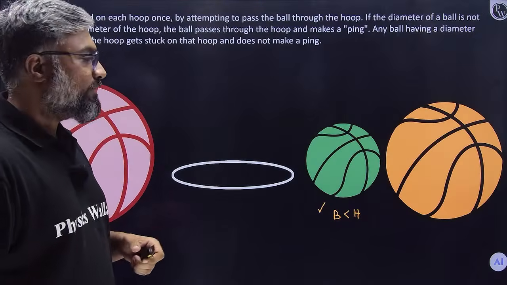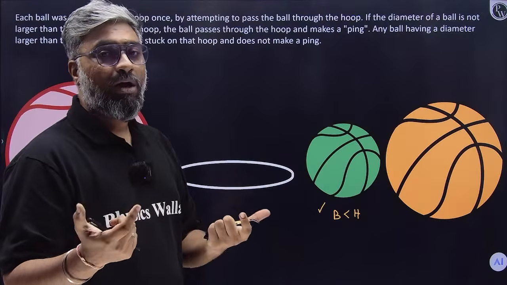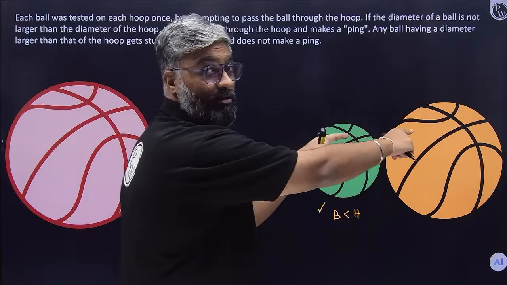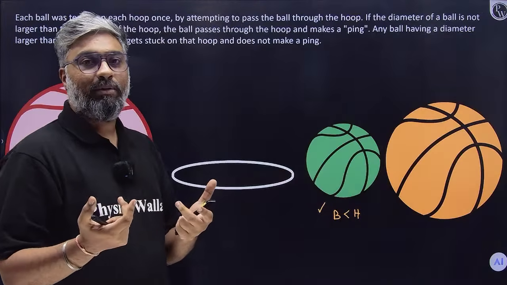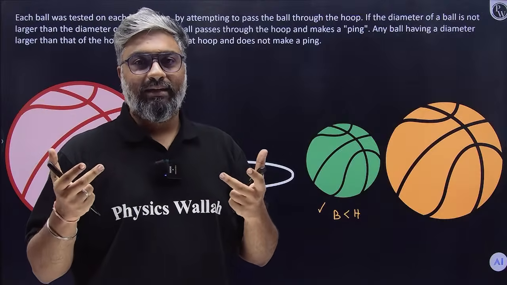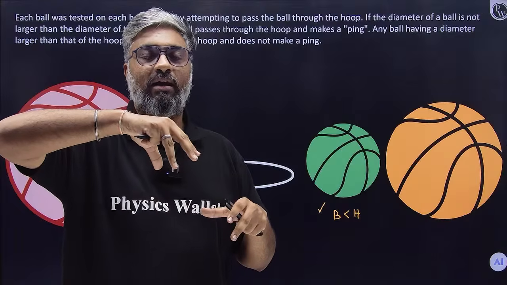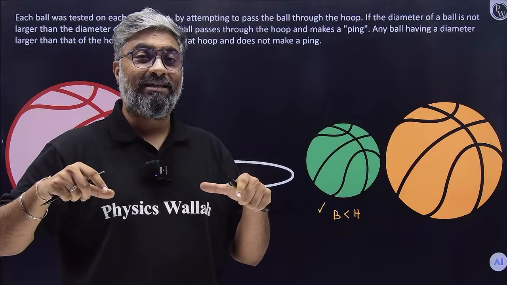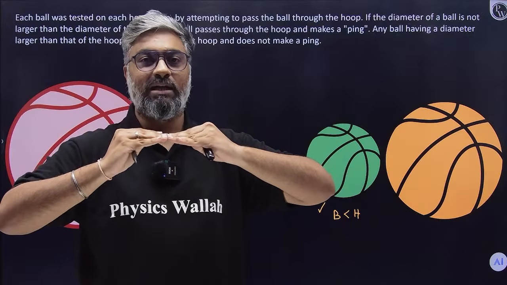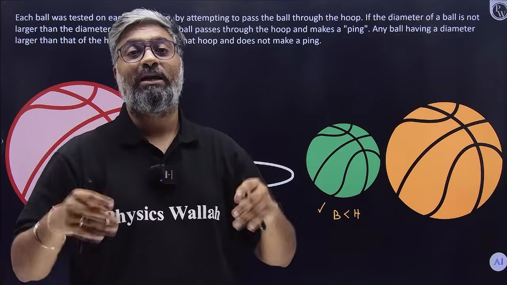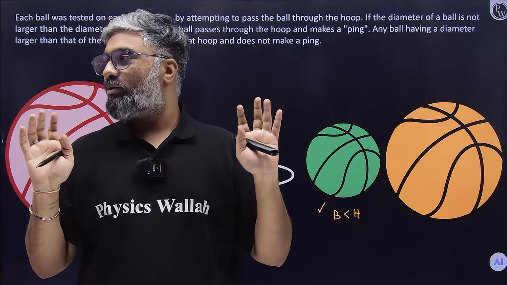What if the diameter of the hoop and the diameter of the ball are both the same? Now what happens? If you look at it technically, there is a ring and you're trying to squeeze a ball in. If the sizes are exactly the same, right at the diameter of the ball, it will come and get stuck. But that's us using outside knowledge, our experience with hoops and balls. We don't know what is going to happen for sure.